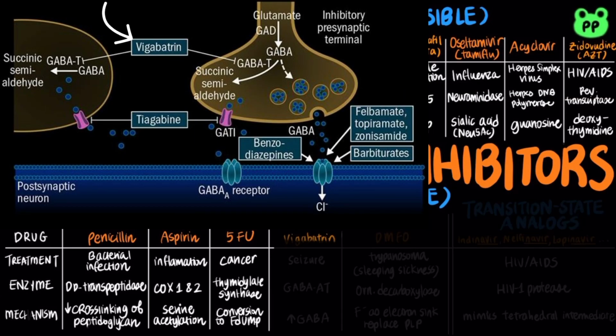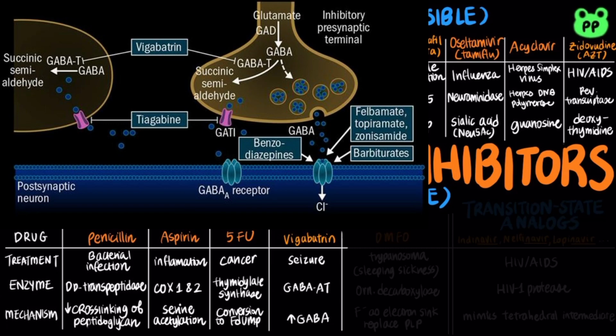Vigabatrin is an anti-seizure drug that functions as a suicide inhibitor of GABA aminotransferase, abbreviated as GABA-AT, resulting in an increased level of GABA in the brain. The increase in the inhibitory neurotransmitter GABA puts a brake on the excitatory processes that can